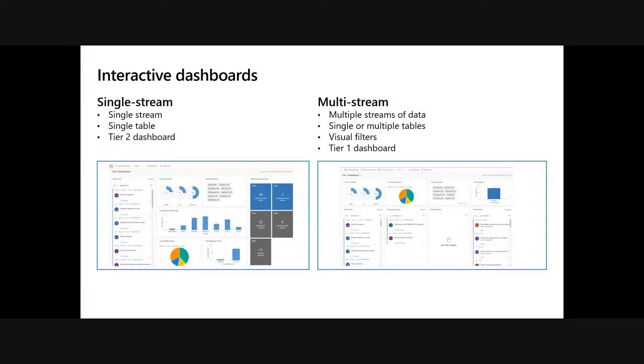For example, I want to see information regarding case management from the case table, and also from the account and contacts that are related to the cases. Or from orders or products that are related to the cases. So the multi-stream provides you this kind of capability to configure or customize the dashboard views, right? But the single stream provides you just a single table. And so this is how you can configure